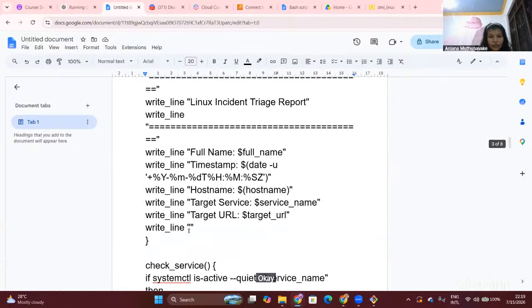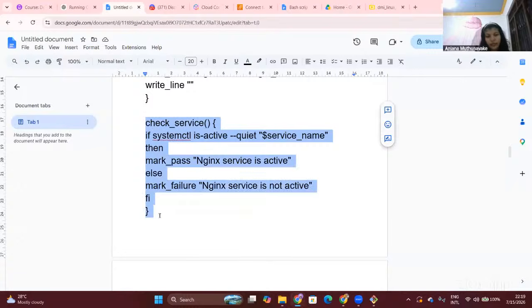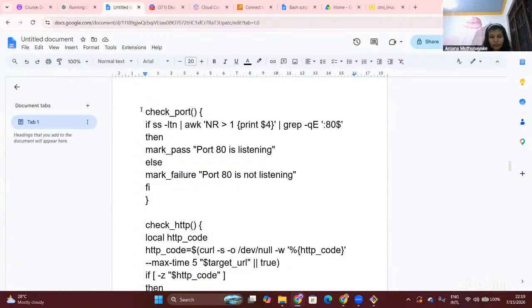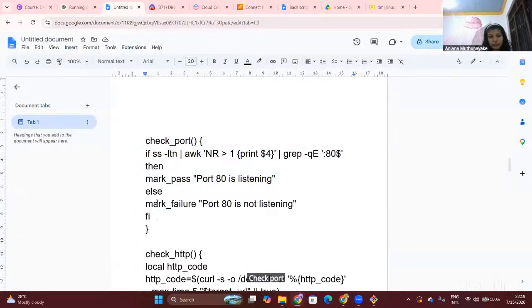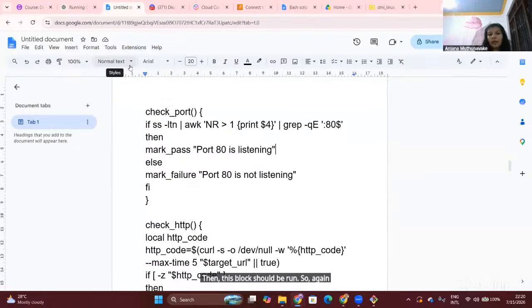Okay. And then check service function is done. And the next one is check port. We are going to check if Nginx port is listening from this command. So if it is actually listening, then this block should be run. So again, mark pass